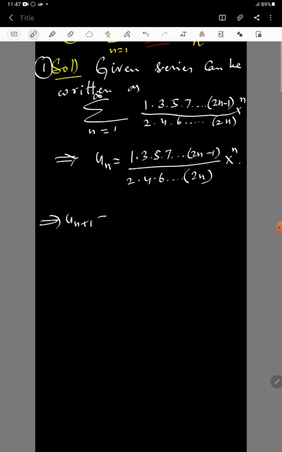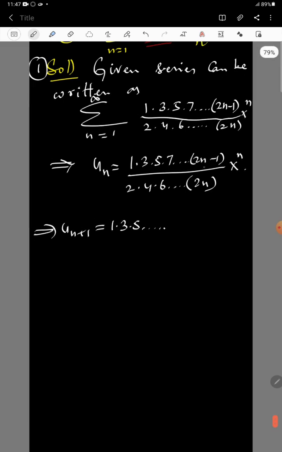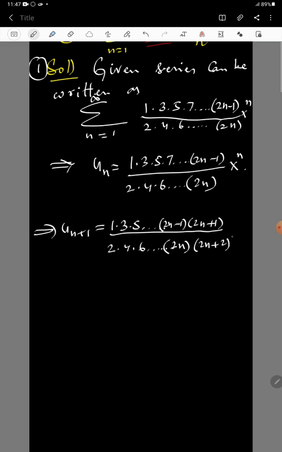un plus 1 will be equal to 1, 3, 5, 7. In the place of n, I am substituting n plus 1. So on simplification, it is 2n plus 1. Before that, 2n minus 1. I discussed this in the video where I explained about the ratio test. So it is 2n plus 2 into x to the power of n plus 1, implies un plus 1 by